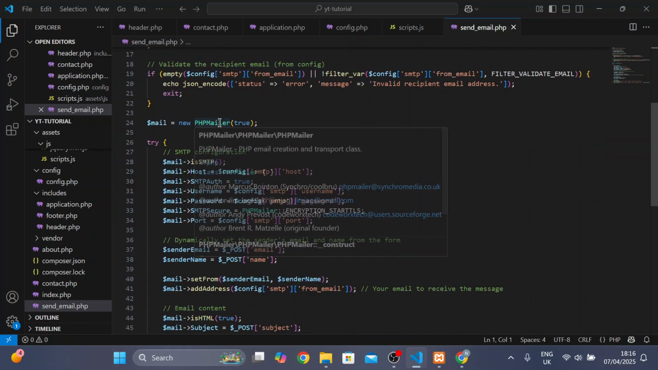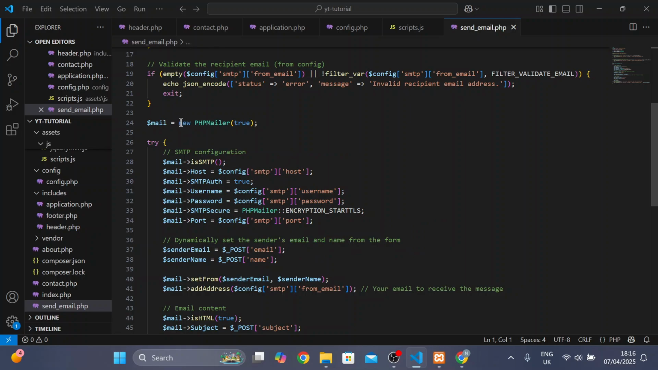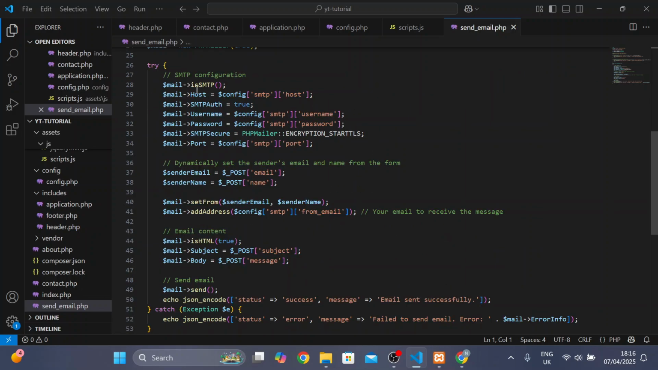Next, you're going to want to start a new PHP Mailer, and within a try curly brackets, you're going to want to have it similar to this or the exact same. So this is the SMTP configuration for your email,